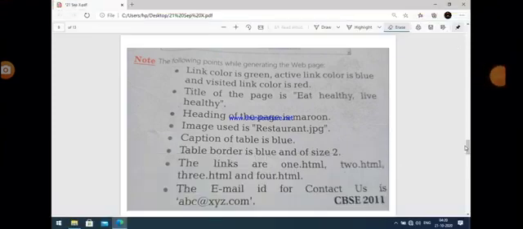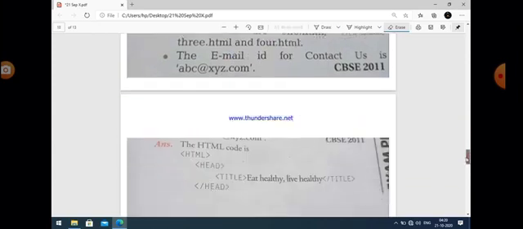So first of all, after you see the web page, just write the different tags, because many times it is asked that you write the names of the tags that are used to create that web page. So write the name of the tags. And now